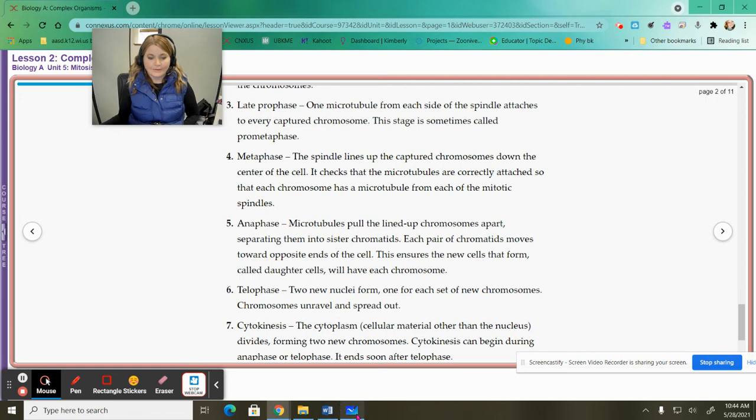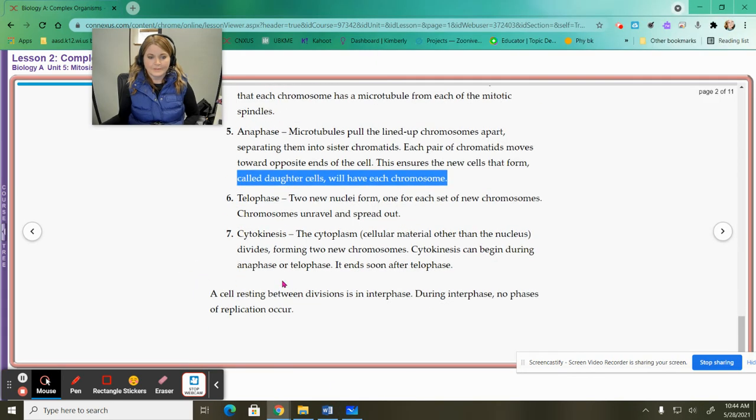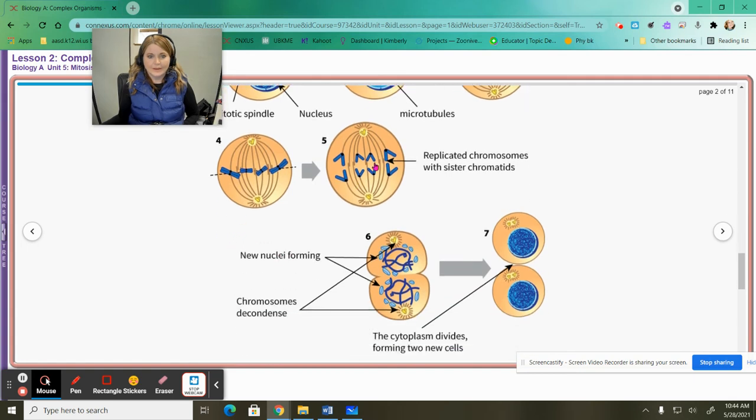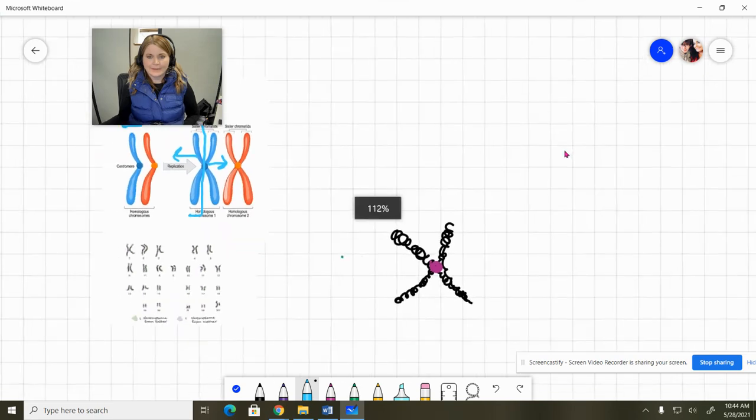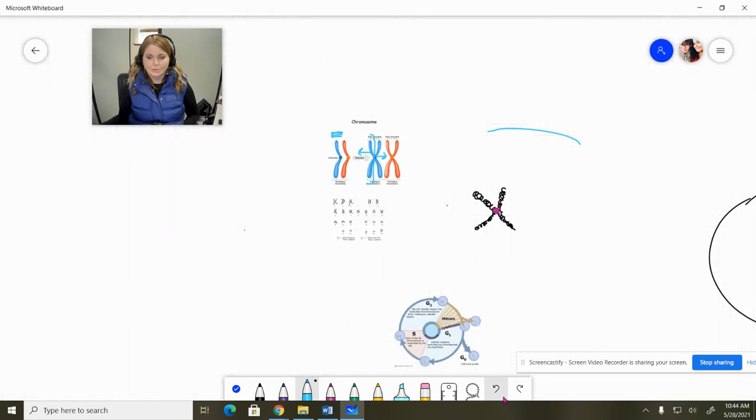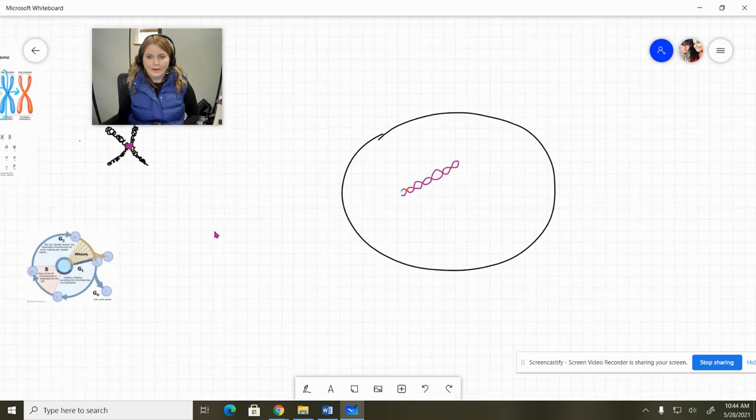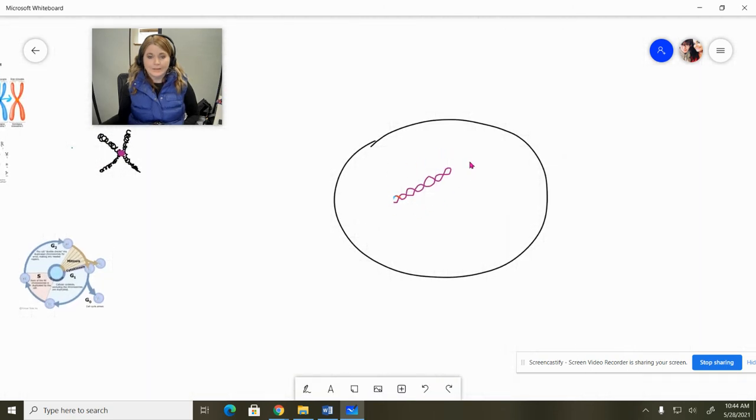So now you have, at this point, there's the picture. At this point, you've got these moving to opposite ends of the cells, right? But now you have the nuclei that are actually going to form. So I don't like this picture very much. But if you can remember what had initially happened, is that nuclear envelope dissolved itself. Well, it has to reform. And it does this. And so now we have this situation. Let me just get rid of this DNA here. We have this situation here